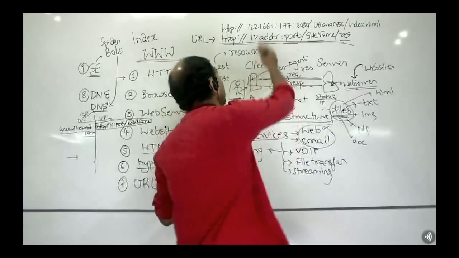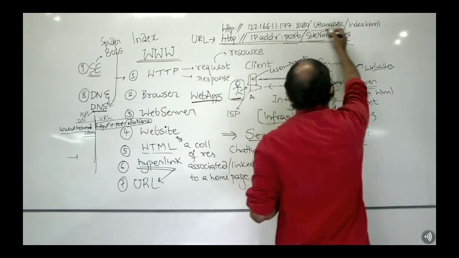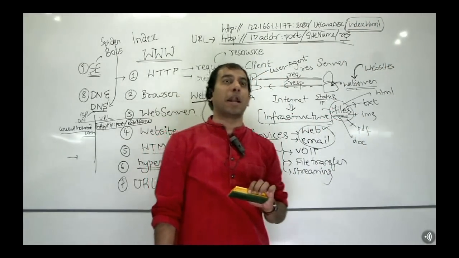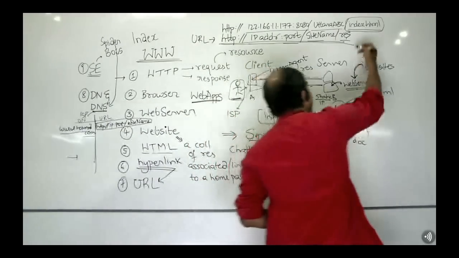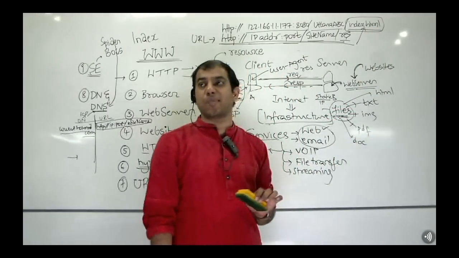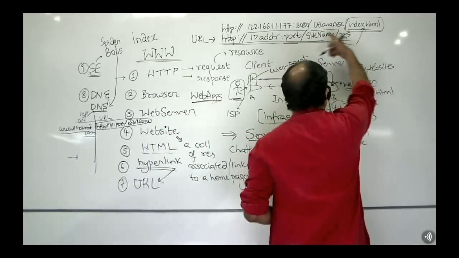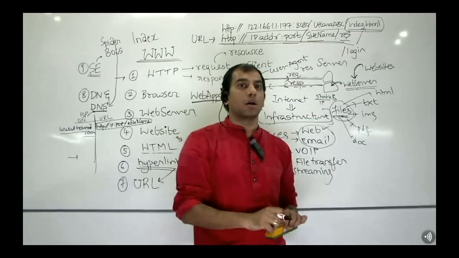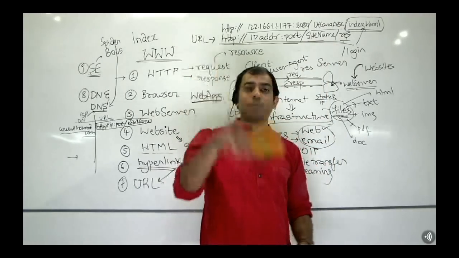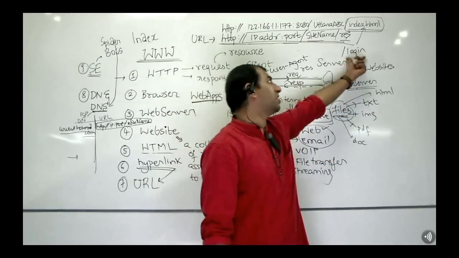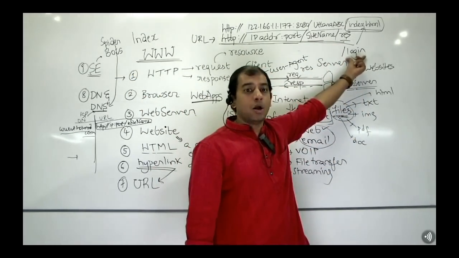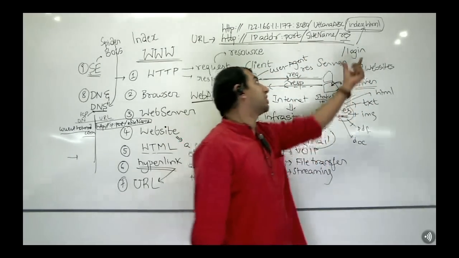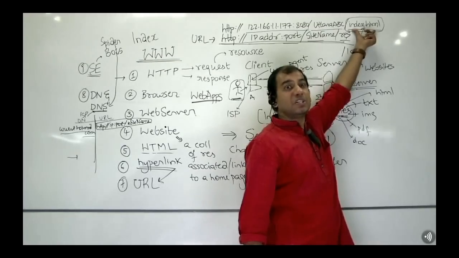Look at this URL, 122.166.11.177:8080/abc/index.html. Is this a static resource or a dynamic one? What does it look like? Static resource. You are saying, give me this file named index.html. But look at other things. If you try to log in, you would have seen /abc/login, /abc/logout, /abc/editaccount. What is this? Is this a file you are asking for? No. You are making a request for a resource that does not exist. Are you with me? So this is a dynamic resource. This is a static resource.